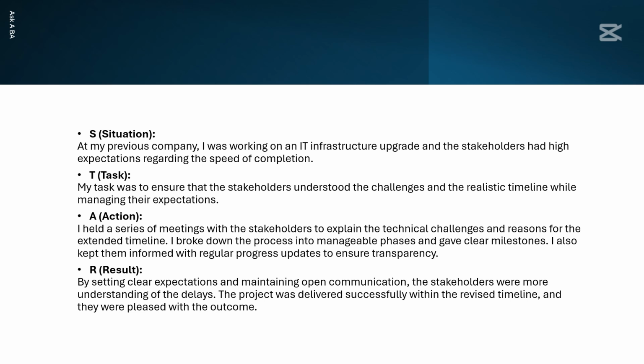while managing their expectations. I held a series of meetings with the stakeholders to explain the technical challenges and reasons for the extended timeline. I broke down the process into manageable phases and gave clear milestones. I also kept them informed with regular progress updates to ensure transparency. I did this because I understood that maintaining constant communication was a very good way to manage